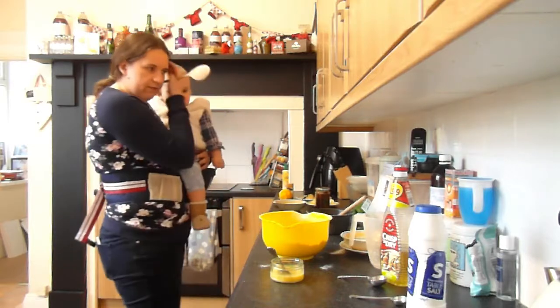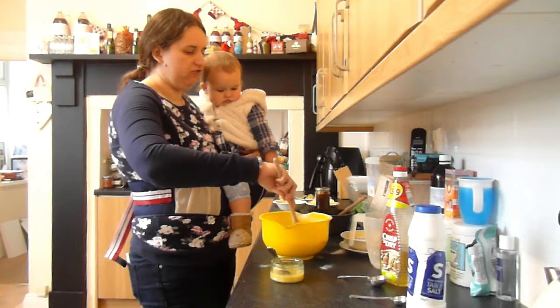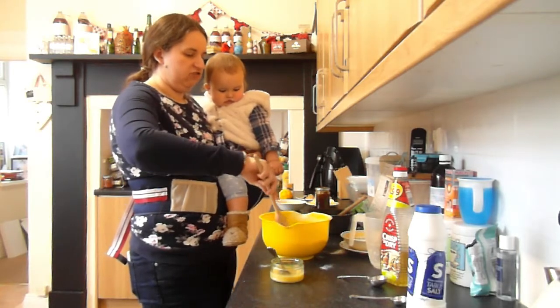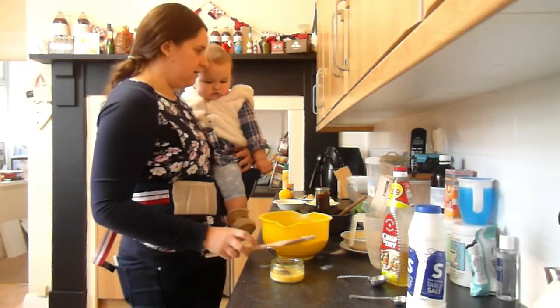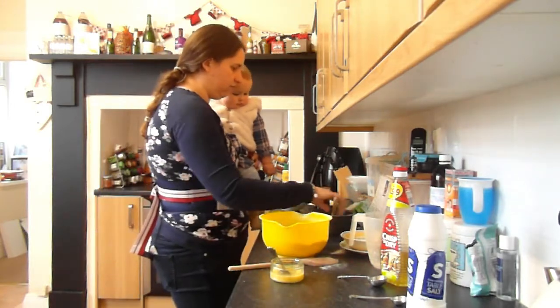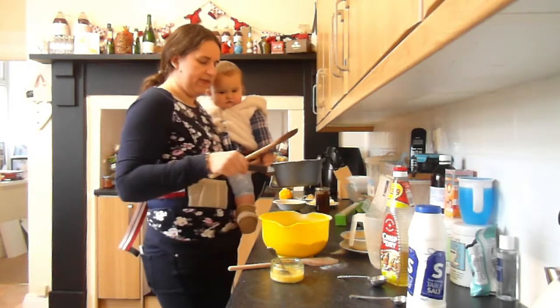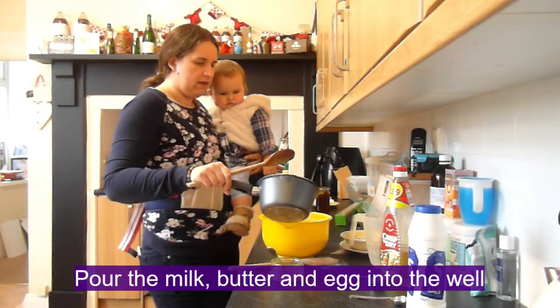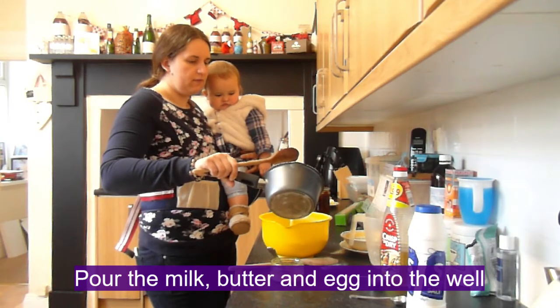And then with a spoon, it's going to make a well in the middle of our dry ingredients. So push each section to the side, make a nice little hole in the middle. And then we are going to add our wet ingredients into that well. So when they're in, we're going to mix them together, first with a wooden spoon, and then with our hands